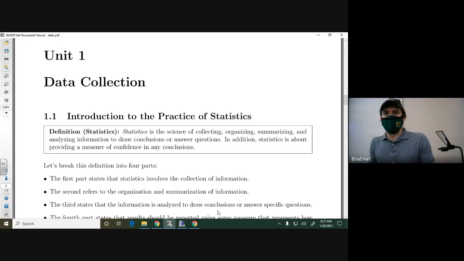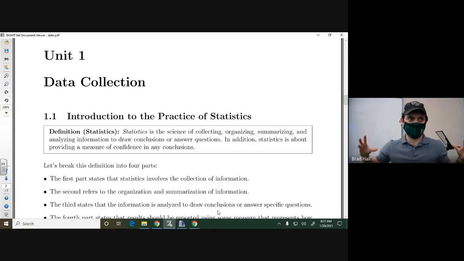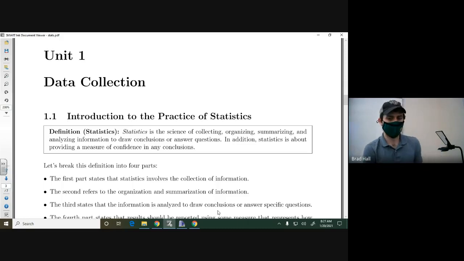So there's really a lot going on in that definition. It's not just about the number as a result, it's really about that whole process. How do you get the number? You get certain values, and you have to do something with the values to get some number or conclusion from it. And then you have to think about how that applies to a bigger scope in some regard. So statistics really refers to the whole process.